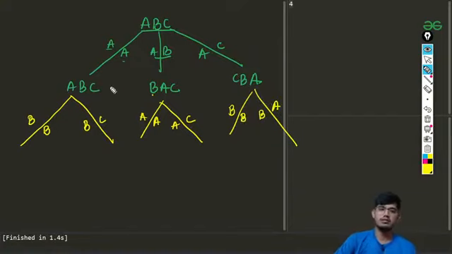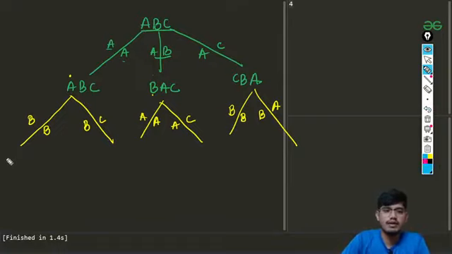So the first part is done, and for this part I'll consider only this one. And then for C, I'm not considering C with B, because BC is already done here. I'll consider only the remaining swaps. So after swapping, what are the elements I'll get? I'll get ABC here. Let me just change the color here.